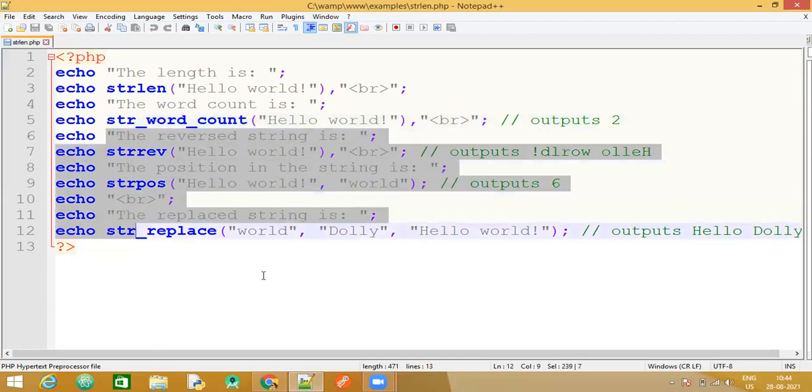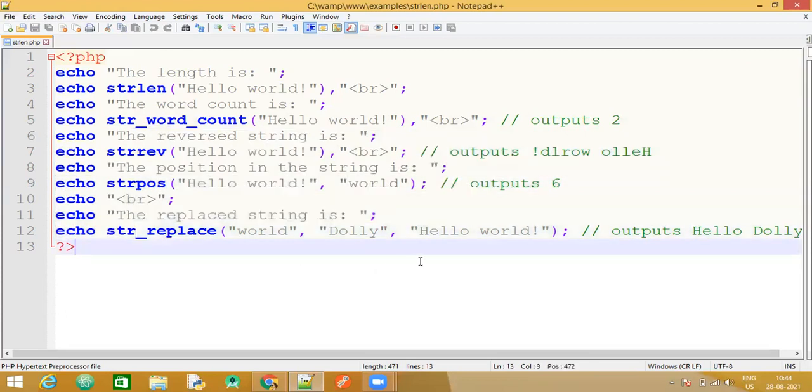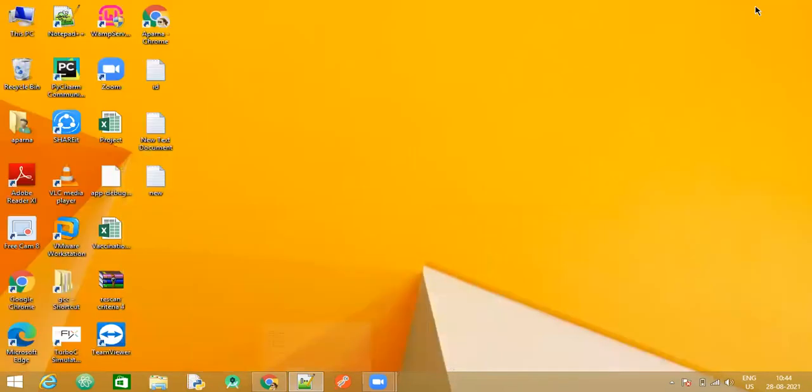So now you should remember that since we are saving it in WAMP server, we first need to start the WAMP server. We need to run this program on our WAMP server.